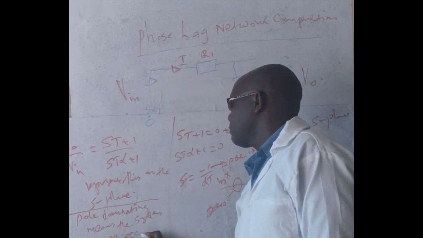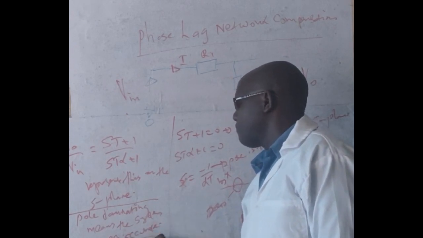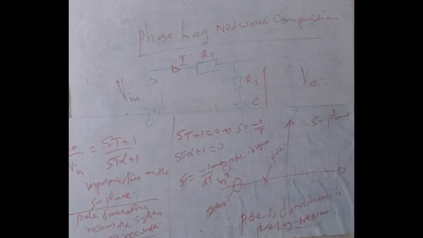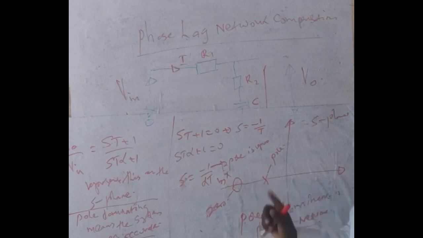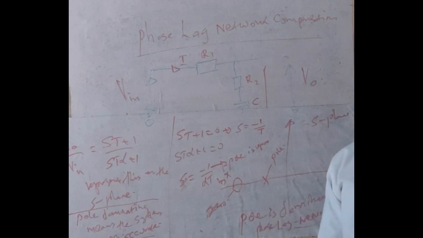Then we also say ST alpha plus 1 equals 0. Now you look for the value of S. So here S is going to be equal to -1 divided by T, and here S is going to be equal to -1 all over alpha T. So drawing the S plane,